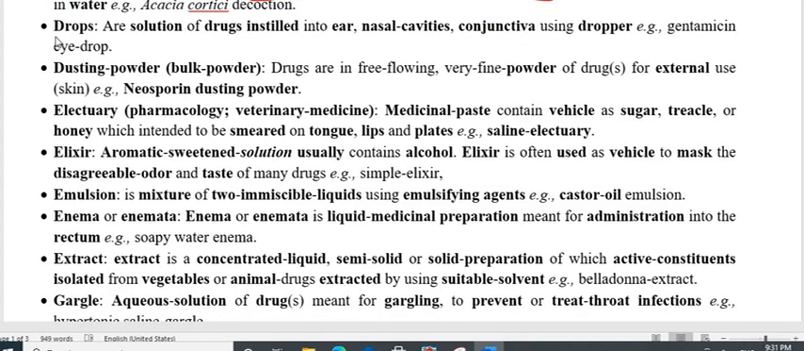Now next is the drop. I think most of us have seen drops: nasal drop, ear drop, conjunctival drop. So these drops are usually sterile in nature, liquid in nature, in solution form of the drug, and they have to be instilled using a dropper either in the ear, the nasal cavity or the conjunctiva, that is called drops. So this is very useful to relieve eye problems or the nasal,